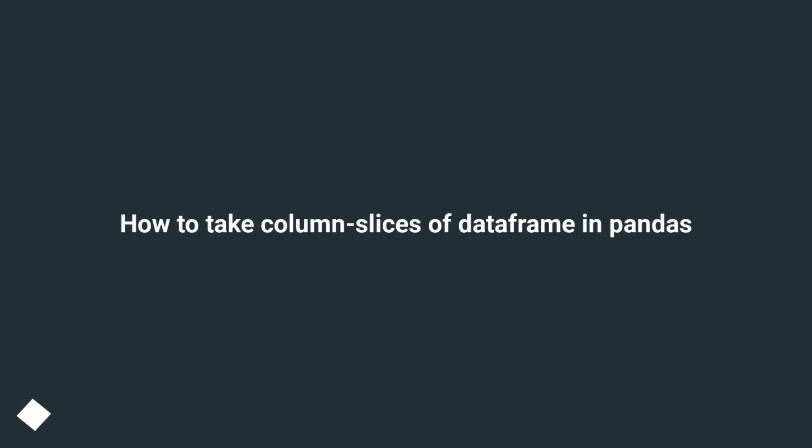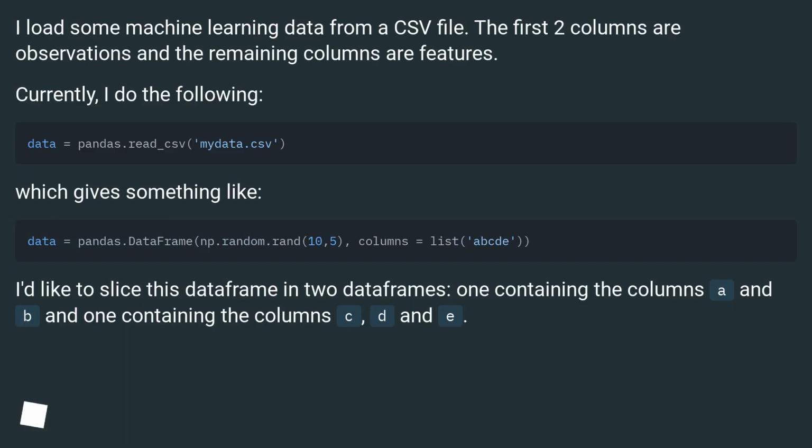How to take column slices of a dataframe in pandas. I load some machine learning data from a CSV file. The first two columns are observations and the remaining columns are features. Currently, I do the following, which gives something like,